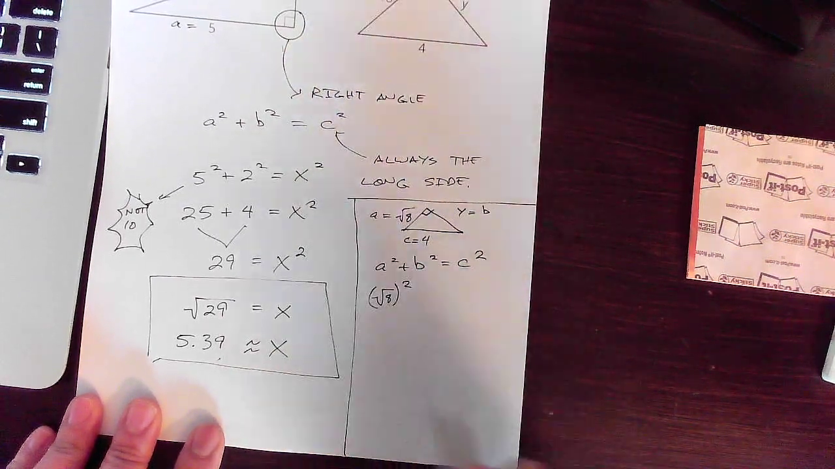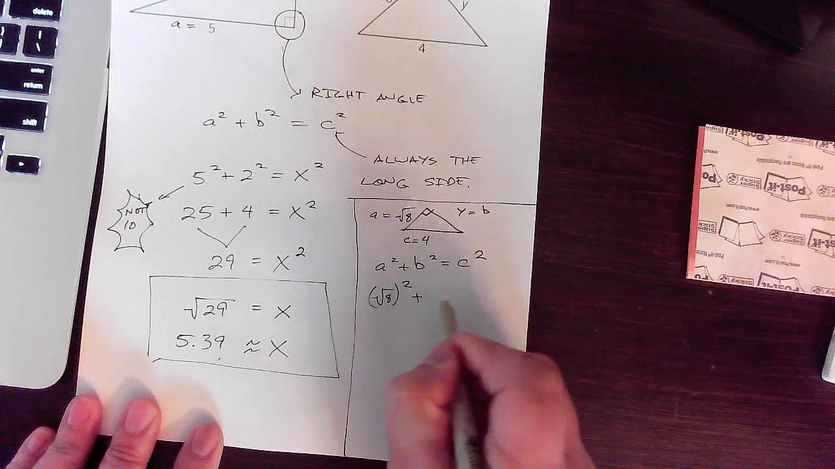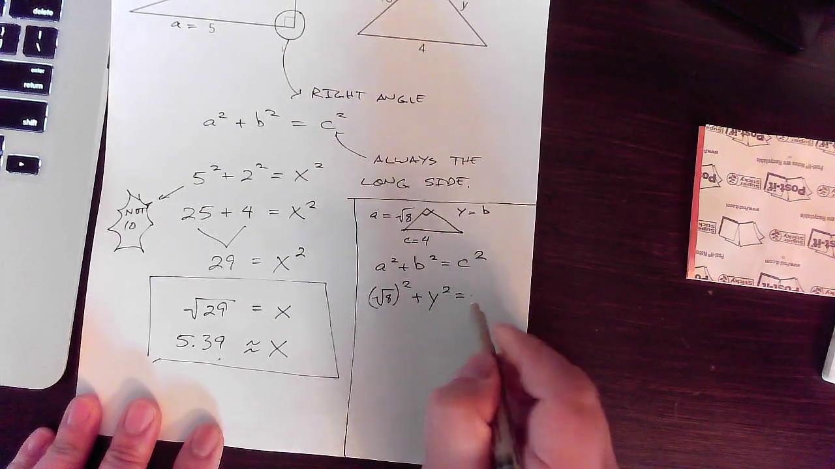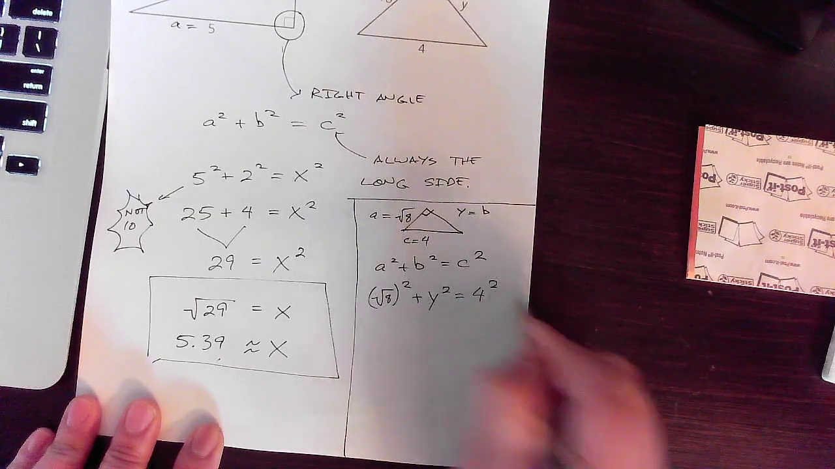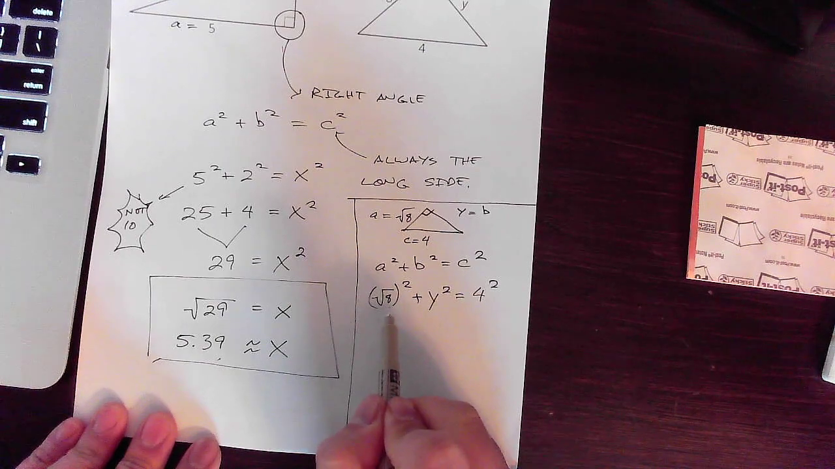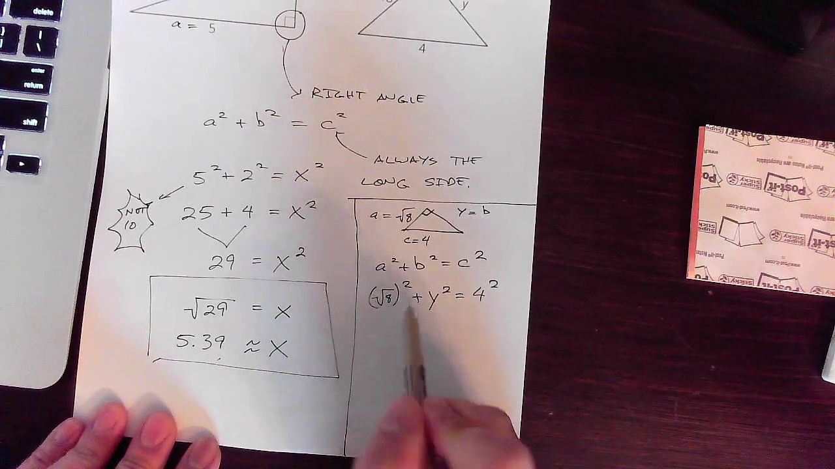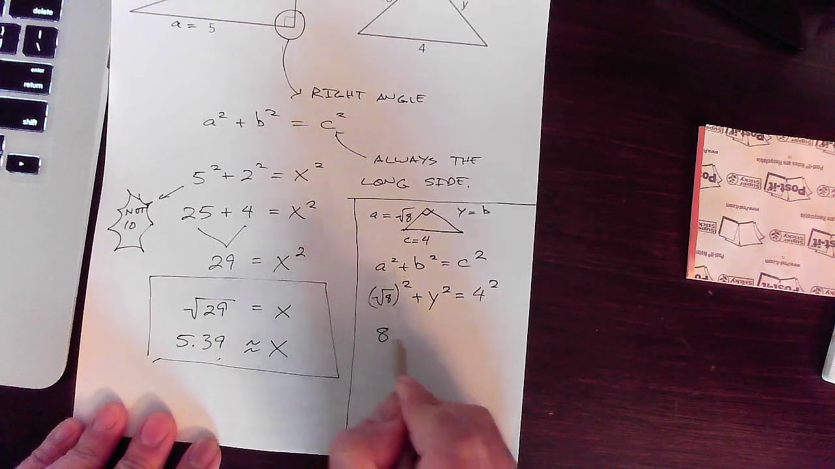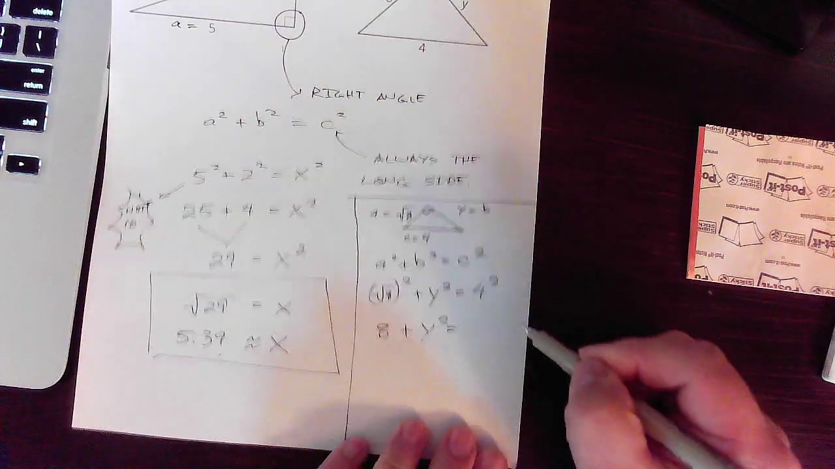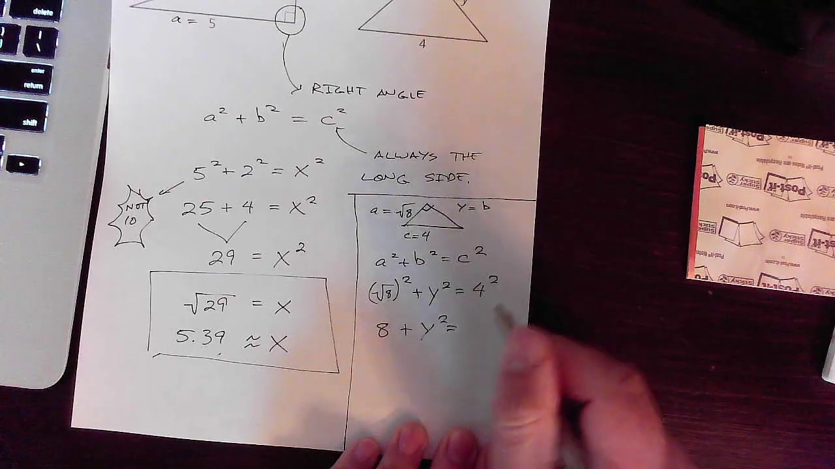Square root of 8 squared plus y squared equals 4 squared. Okay. Aha, this is nice. Square root of 8 squared, that brings you back to a regular 8, plus y squared equals, oh my god, you know what's going to happen here, right? That's equal to